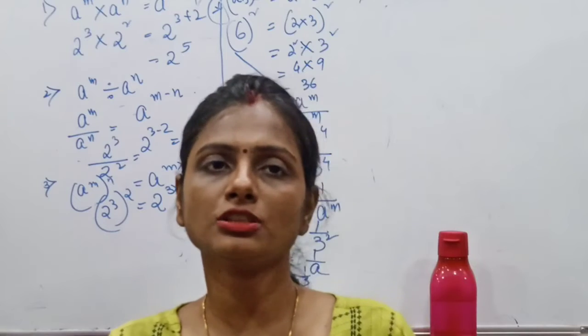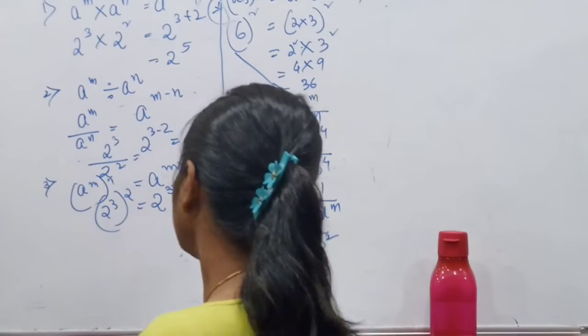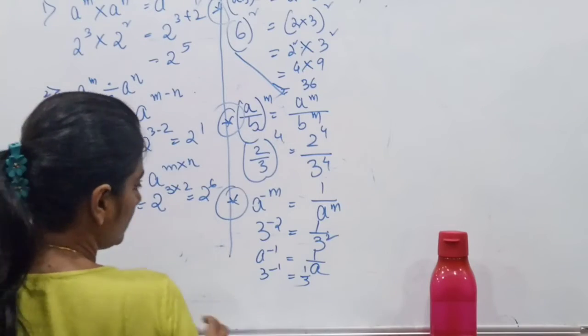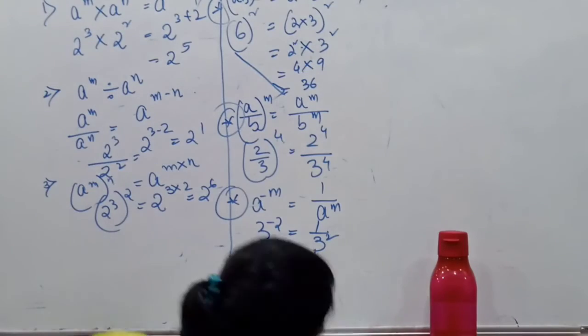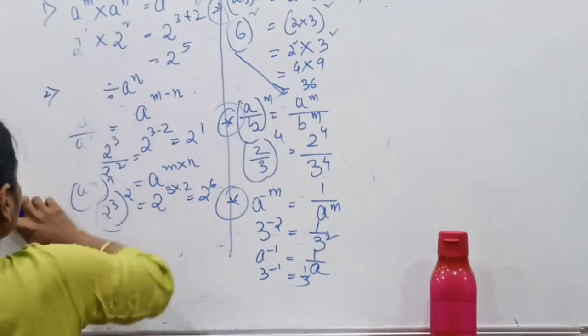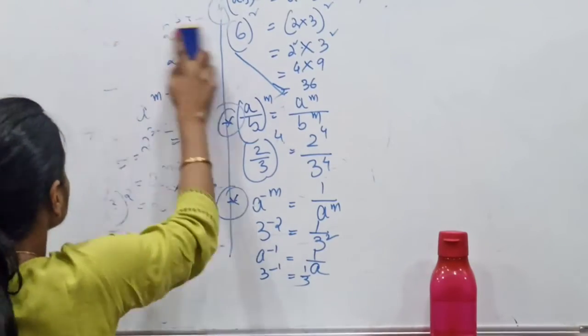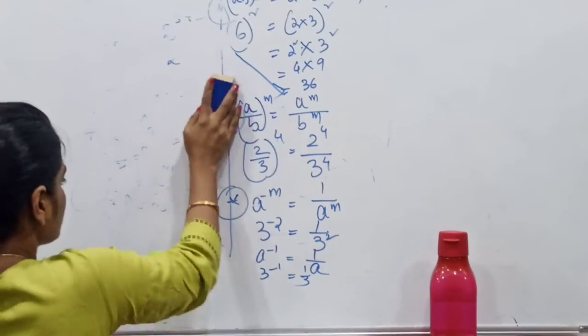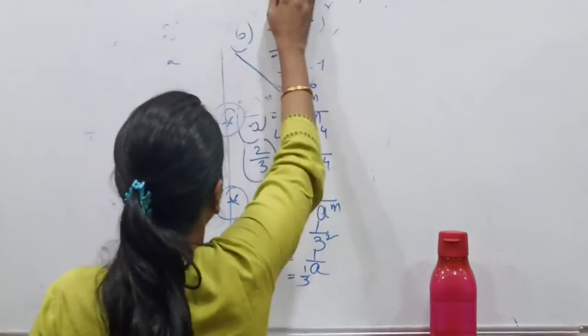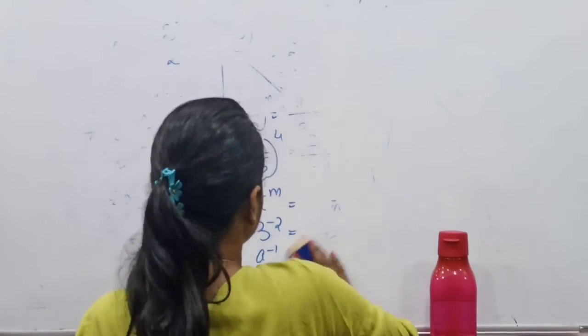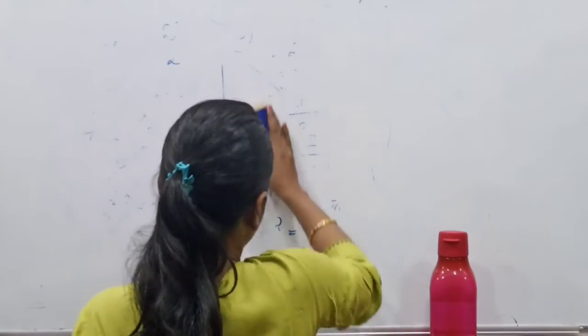Now there are many other rules for surds also. Surds means square roots, cube roots, any root. So it is regarding that one also. So let me give a recap of the rules regarding surds also. I remember this one. These all things are very easy. There is nothing to worry about it.